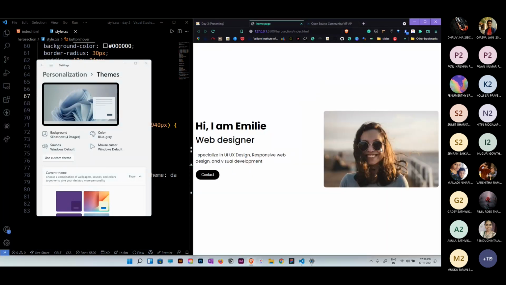Today's assignment for you guys is to build the same thing. You can add your own image, your own name, and your own description. But I have included all the images that I have used and also design images, how it will look in mobile, how it will look on the website. I have included those in the repository, all those things.